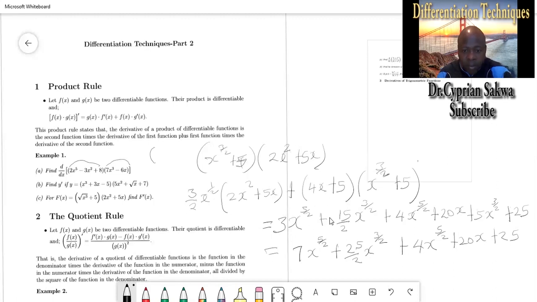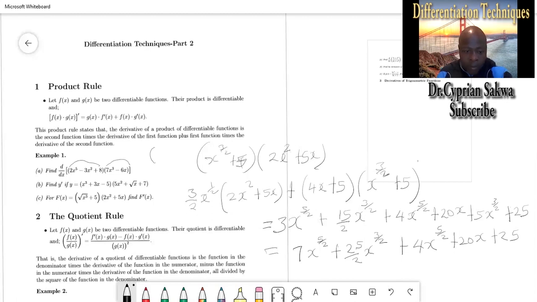So this one is okay with the way it is. About this will give us 4x raised to 5 over 2. That's correct. Then this will give us 20x. Then this will give us 5x raised to 3 over 2. Then this will give us 25. So collecting like terms, this